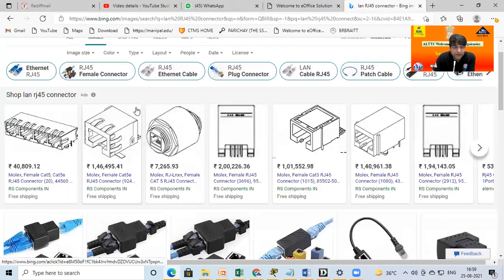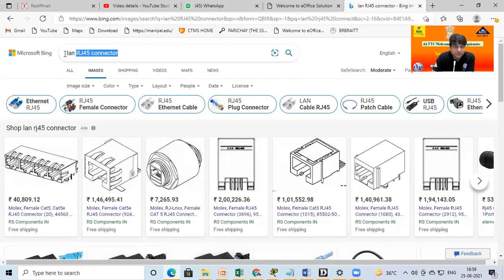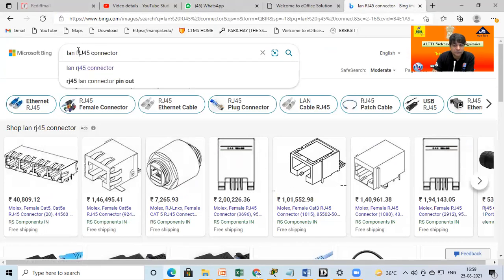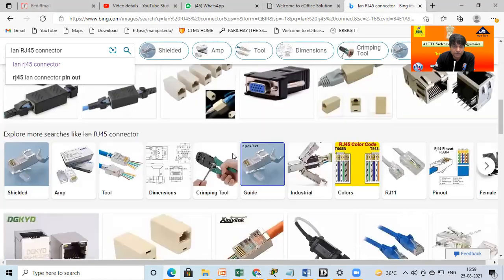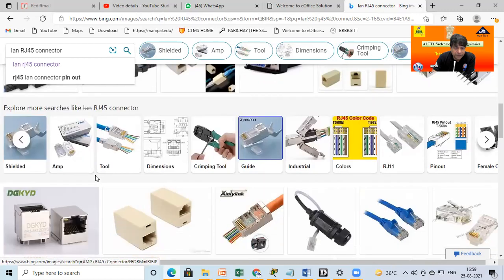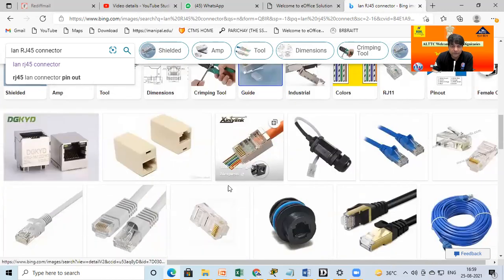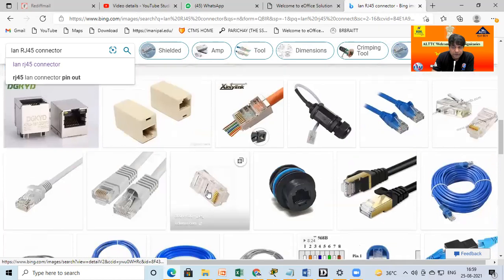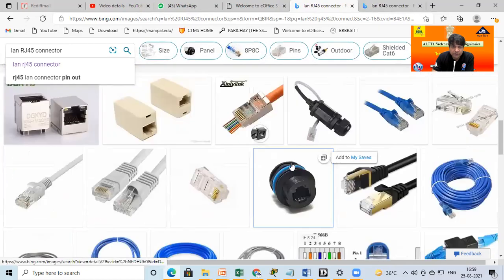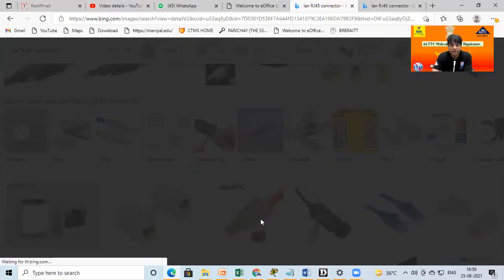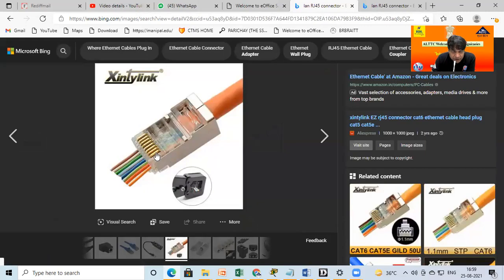These are the LAN connectors. All of these are LAN connectors. So this is the LAN connector, and this is the cable wire.